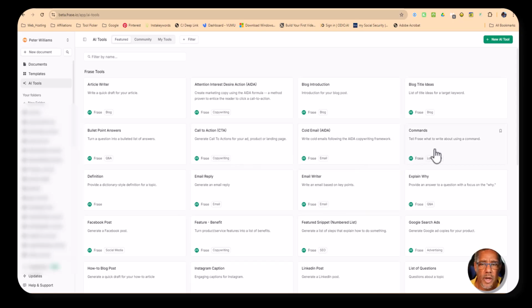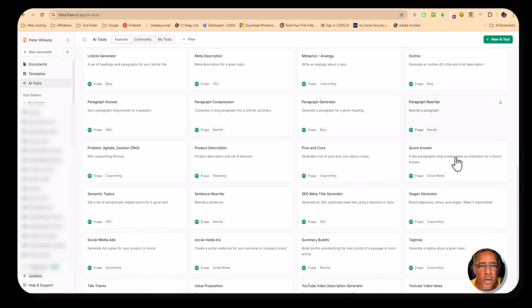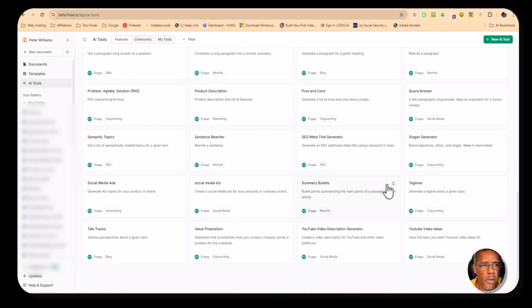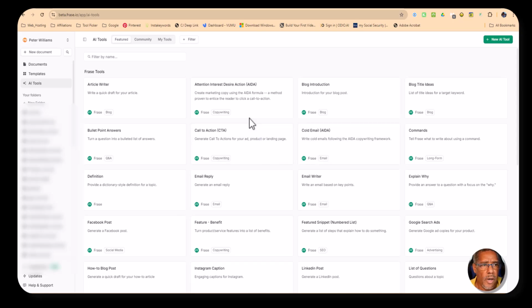You can manually type in the commands into the AI. They're using the latest ChatGPT version. Definitions, email reply, email writer, explain why, Facebook post, feature benefit, featured snippet, like a numbers list, and so on. It keeps going. Any help that you need creating your content can easily be done in the AI tools section